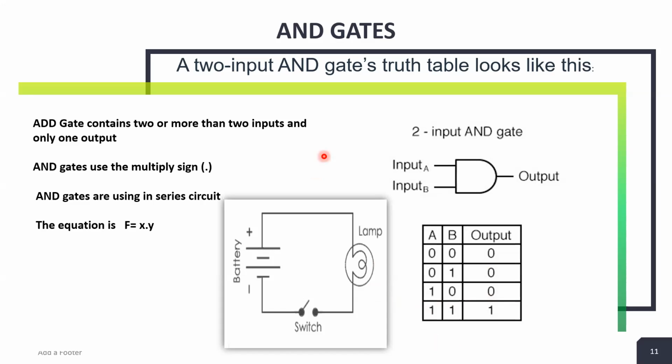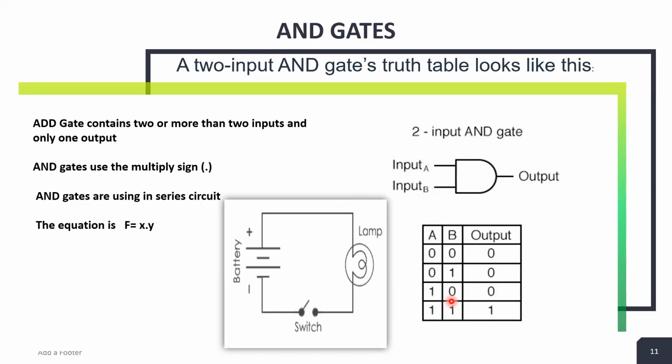If there are 2 inputs, then we have 4 possible combinations. Clear? If we have 2 inputs, then how many possible combinations? 4. Note down, girls: if we have 2 inputs, then in the truth table there are 4 possible combinations. 1 2 3 4. How to write it? The first one, suppose A: 00 11, and B: 0101. Clear?